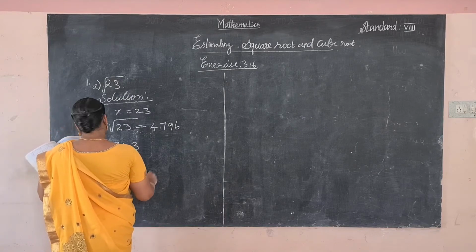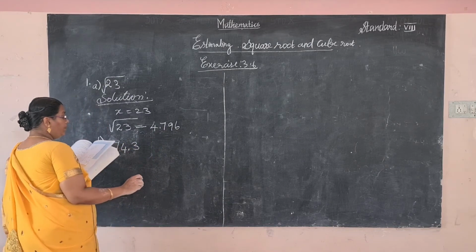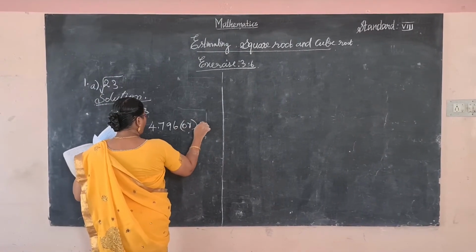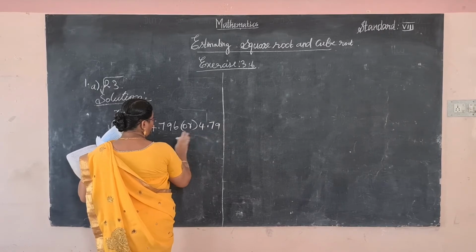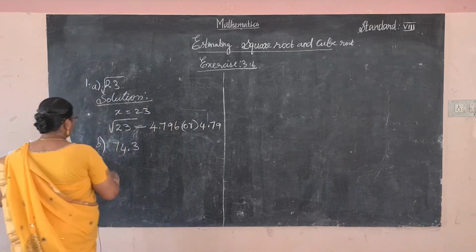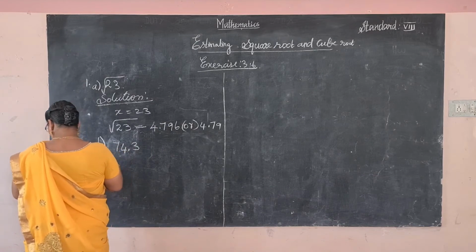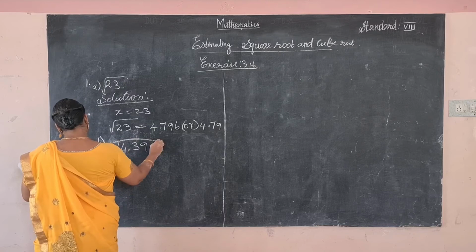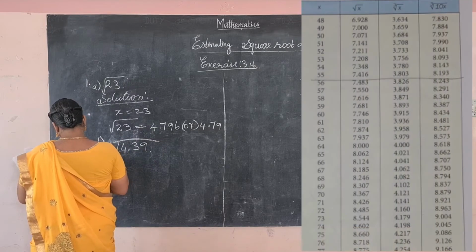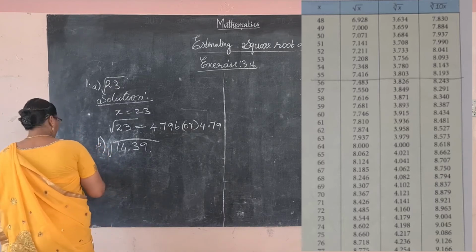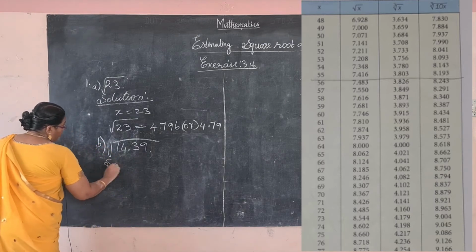74.3. So here it asks correct up to 2 decimal places. So 4.79. Okay, correct up to 2 decimal places only is asked. So write like this. Okay, 74.39. Find out the square root. Okay, find the square root. Solution,